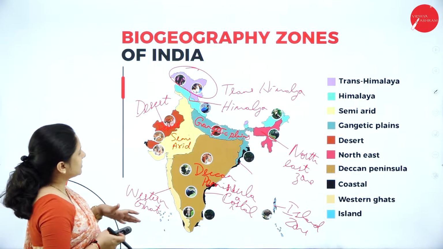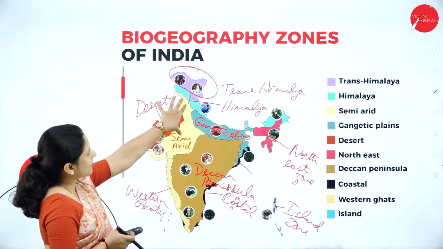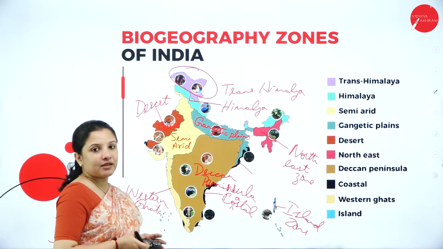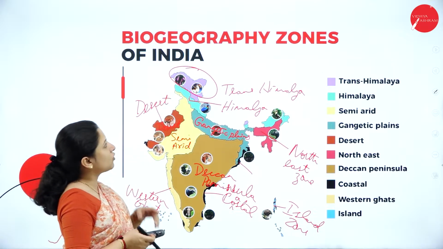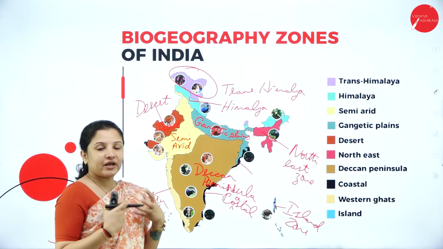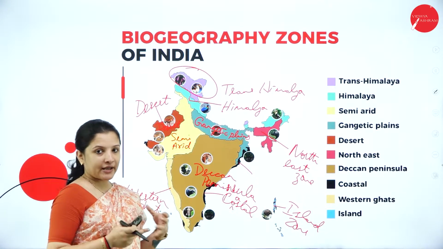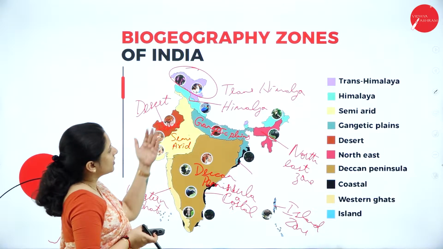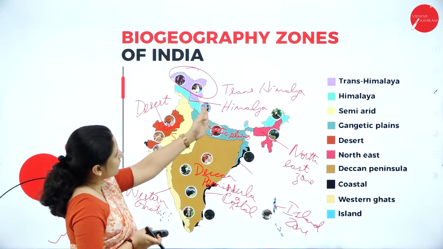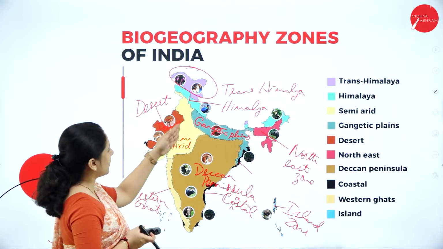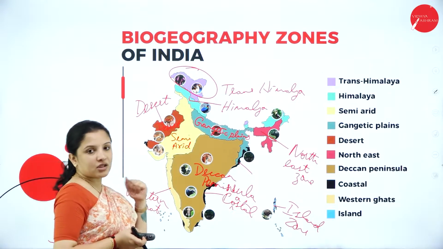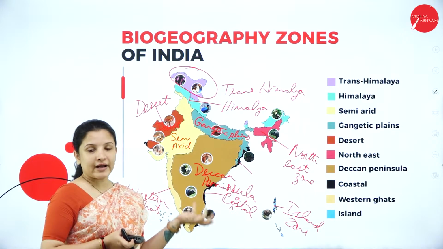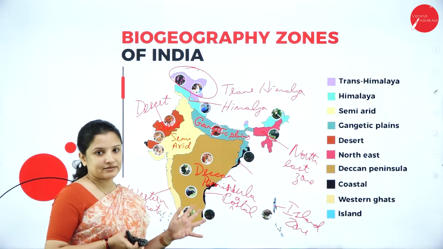So here, if you can see, the animals that they have shown are completely different. For example, if you see the Trans-Himalayan region, we find goat species covered by very thick fur and long hairs, right? So it is different, and the plant species there are also different. Now talking about the Himalaya zone, we have some bird species there. Talking about the desert, we have the camel and all that, which you don't find anywhere else other than the desert, right?